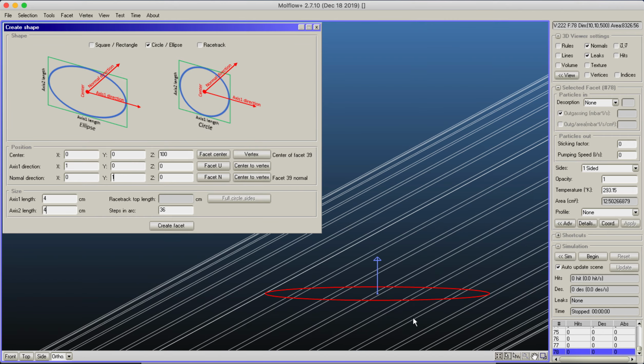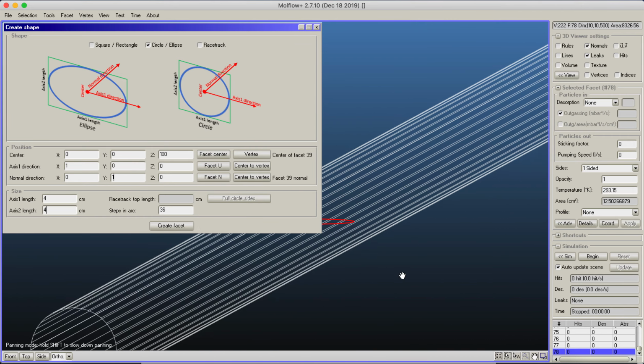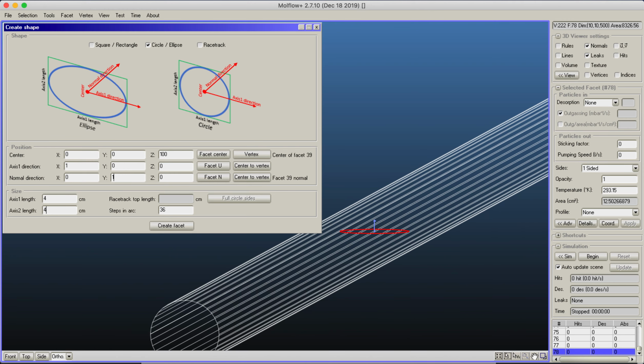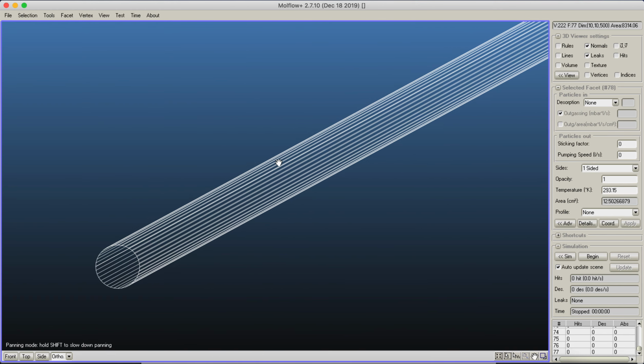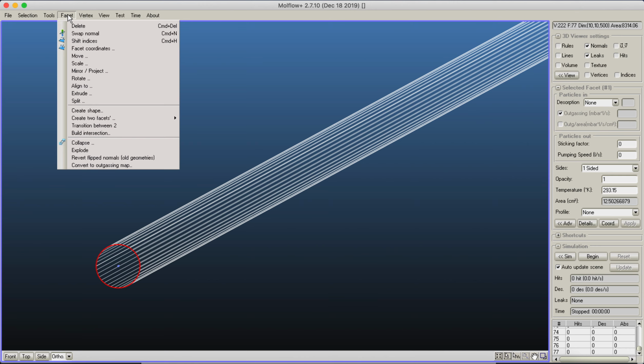However, here I have to do some coordinate calculations, and generally I'd like to do visual editing where you don't have to calculate coordinates. So I will just delete this, and we will see some different methods. One thing I could do is rotate this facet here. So I will go to the rotate command,